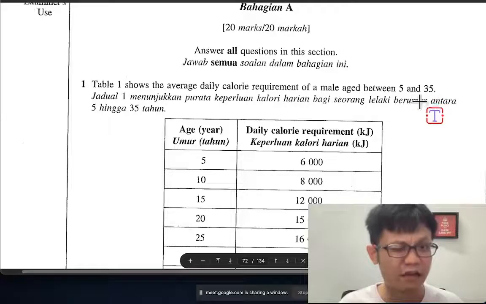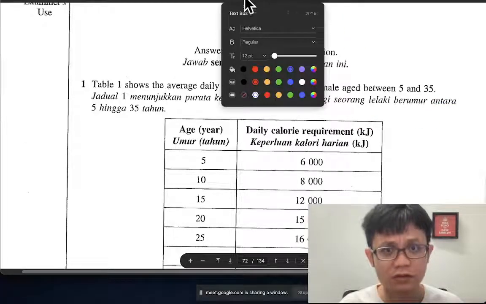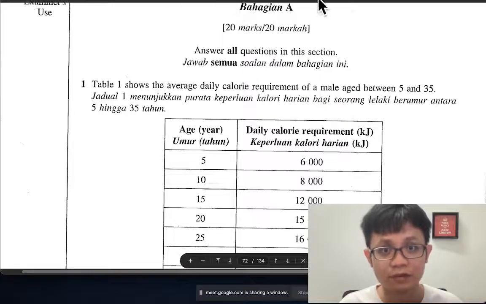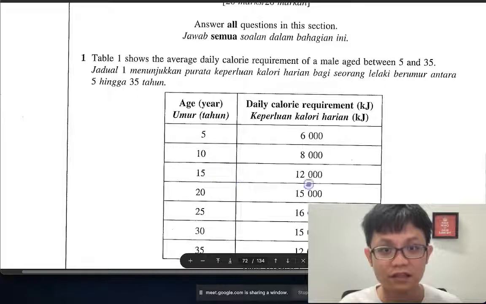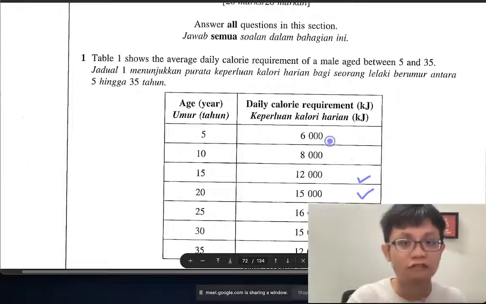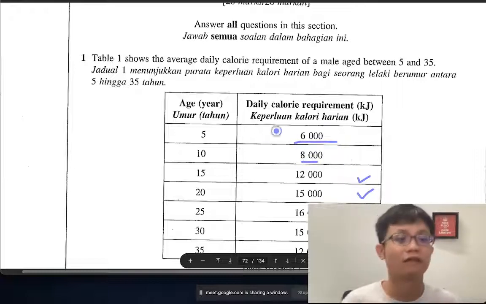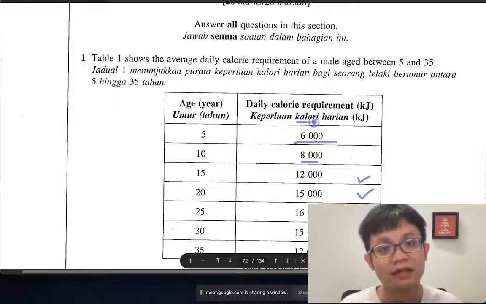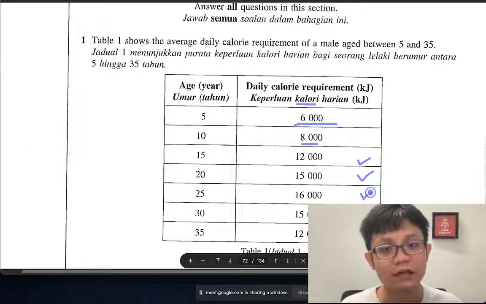So I assume teenagers will eat the most, because they need to eat a lot. The teenagers will be around 12 to 15. Children eat less, so it makes sense. 6,000, 8,000 is less. Of course, as a baby you eat fewer calories per day. And at 25, you see it is more.